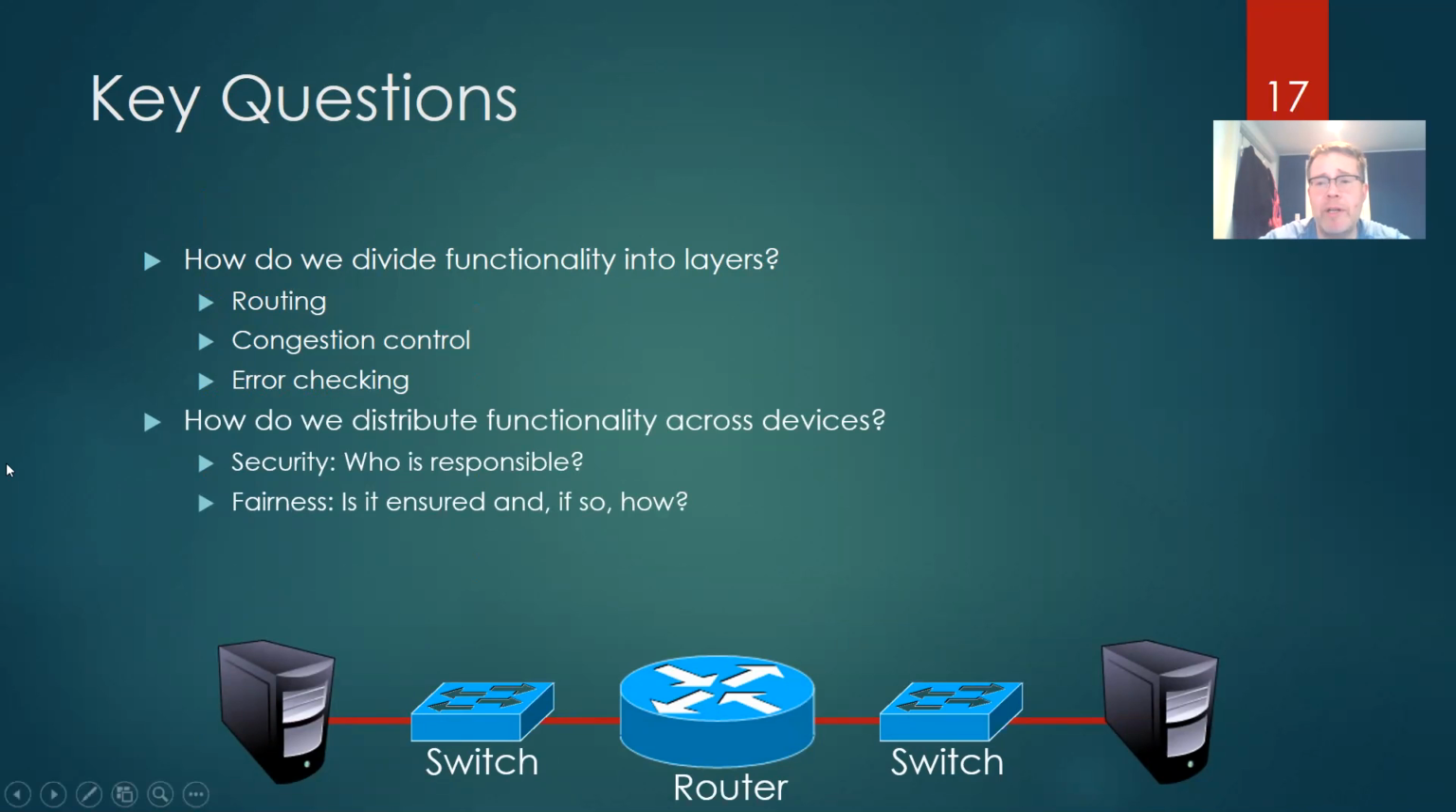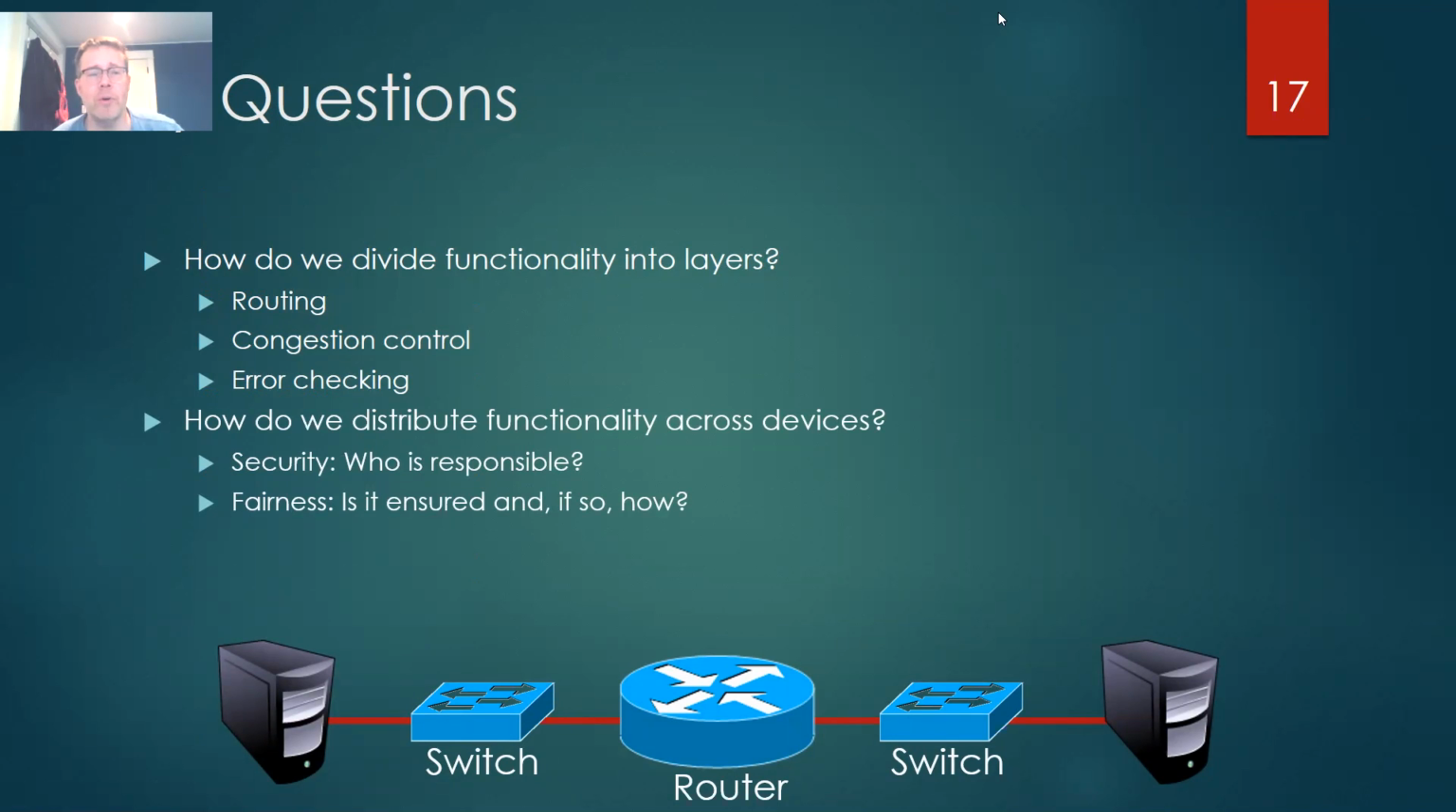Anyway, other thing, how do we distribute functionality across devices? So for example, something simple like security. I say simple. So here's a question. Who is responsible for it, right? So if I have a device here on the left and he's sending data to this device here on the right, it's going through a switch, which is a direct connection, and then through a router to get to another network, and then to another switch, and then to the machine. Where are you going to check to see if there's something wrong with the system? For example, if I send a corrupted email, right, some dangerous bit of malware as an email attachment,